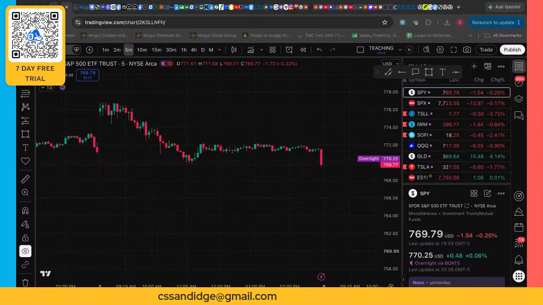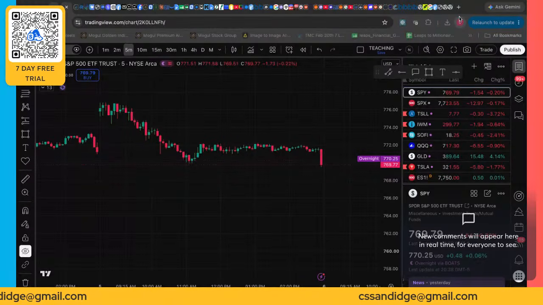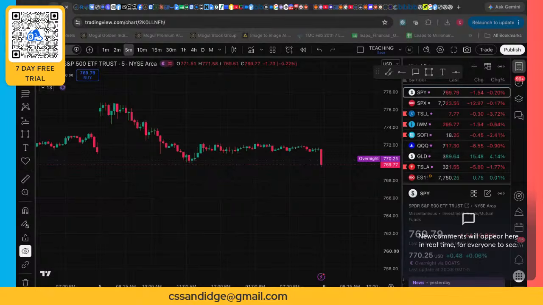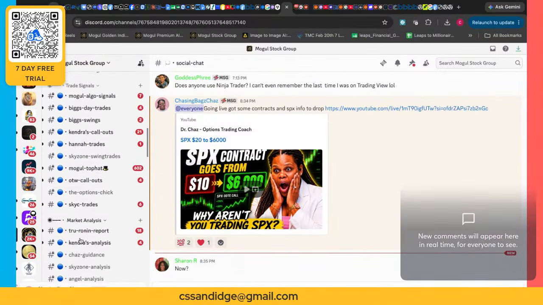As you guys are stepping in, let me know where y'all are checking in from. If you're from the Discord, if you're just new here, let me know your city and state. I know it's pretty late, but again, I think you needed this information before going into trading tomorrow. So I just had to hop on and go ahead and give it to you. So let me show you guys how I broke down the trades for today.